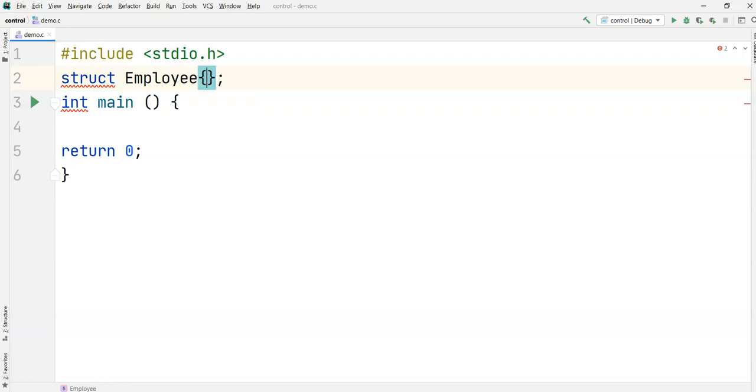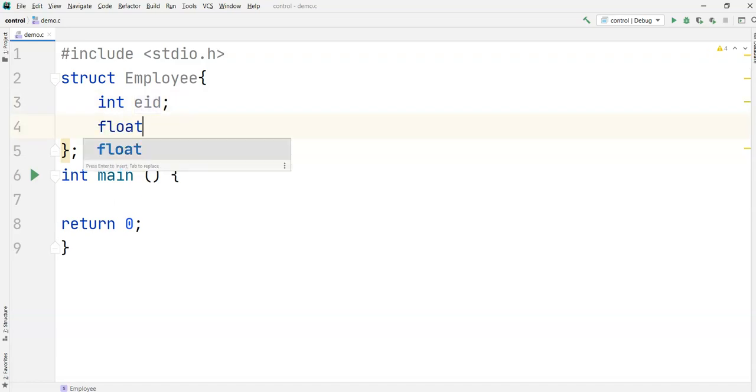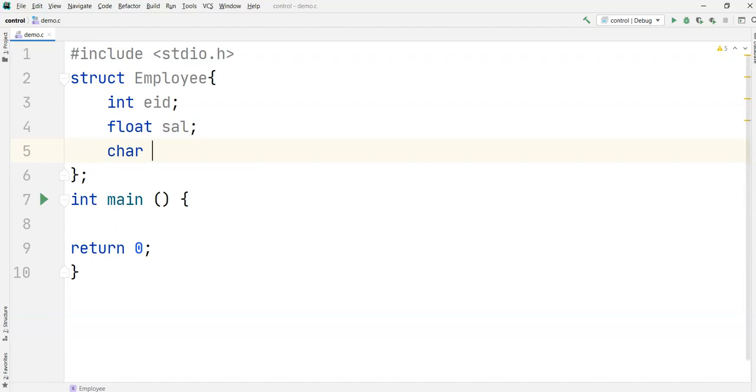Employee is the structure. Now in this employee, I want to store the employee ID, that is EID, then the salary, sal, and the name, that is a name of 20 characters.